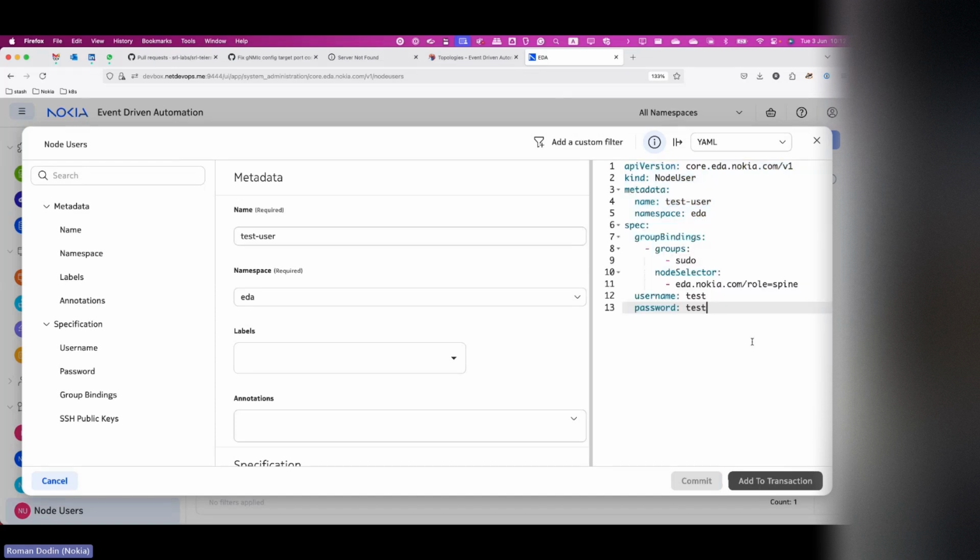So I created this test user. As you can see, this test user uses the sudo group. That means that it will have admin privileges on the node, and it has the username test and a password test, right? So now when I create this user, instead of committing it, I will add it